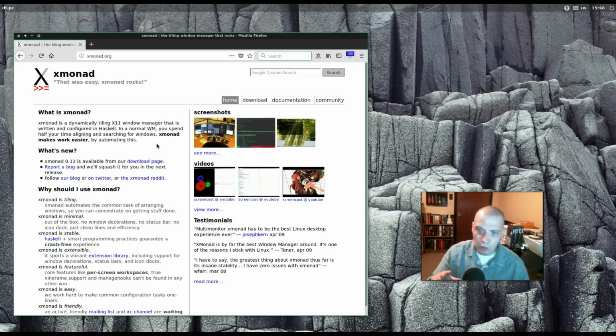So no windows are ever hidden. No windows are ever stacked on each other. Pretty much all your windows are visible all the time. Looking at some screenshots here from xmonad.org,